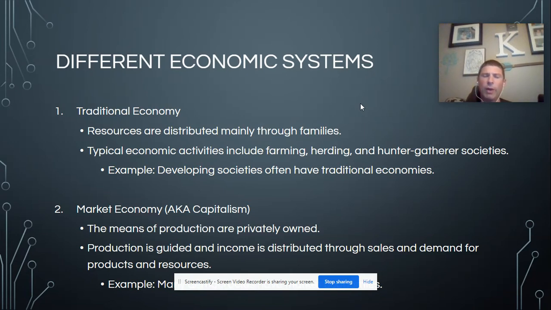But we don't have just a pure market economy because there is some government intervention. Government does control things. They help regulate things. For example, there's a minimum wage, and that's something the government states, and so places have to honor that. So the government is intervening to some degree. So we're not a pure market economy, because the government would completely stay out of everything if that was the case.